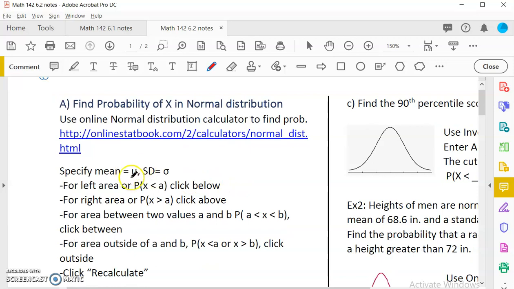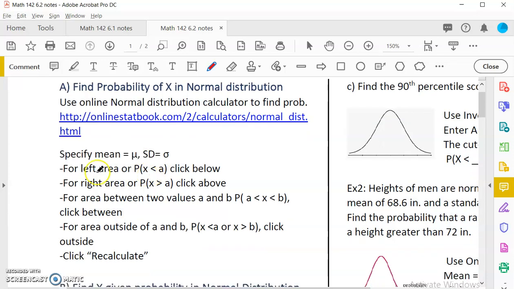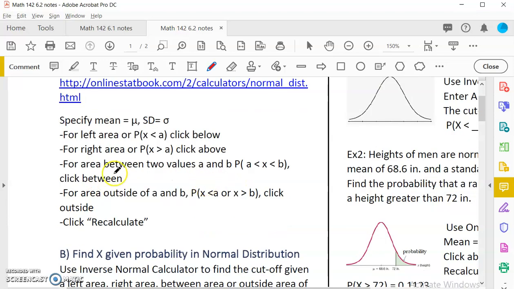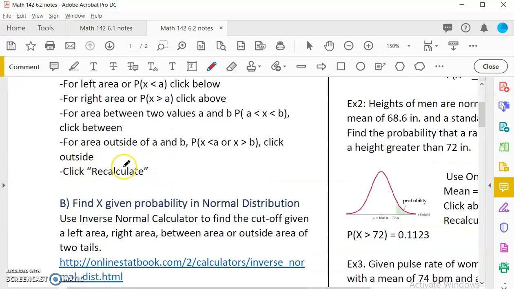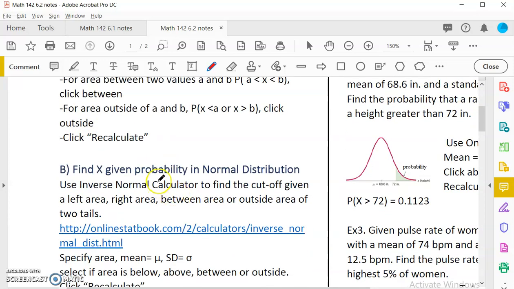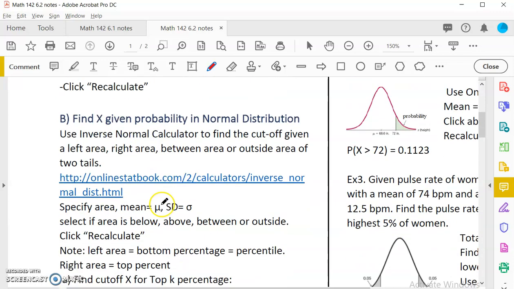The only change is that instead of using mean equal to 0 and standard deviation equal to 1, you use the actual mean and the actual standard deviation. You use left to find left area, above to find right area, between to find in between, and outside to find the outside area, and then calculate. You can also use the inverse normal calculator to find the x cutoff for a percentile,